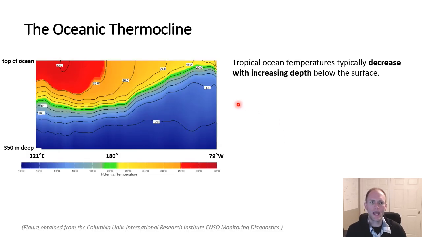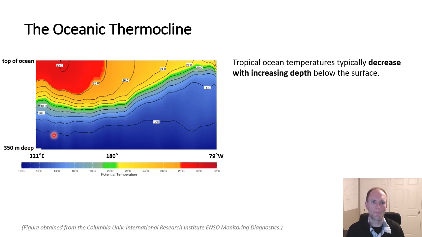So let's take a look at how the ocean temperature typically varies with increasing depth along the equator. And this is depicted here for the Pacific Ocean. So we have the coastline of Asia here to the west, the international dateline here in the left center, and then the coast of South America here at the far right. We have temperature shaded in the colors here. It's listed as potential temperature, but this is nearly equivalent to temperature over the relatively limited depths that we're looking at here, from the top of the ocean to about 350 meters, roughly 1,000 feet,